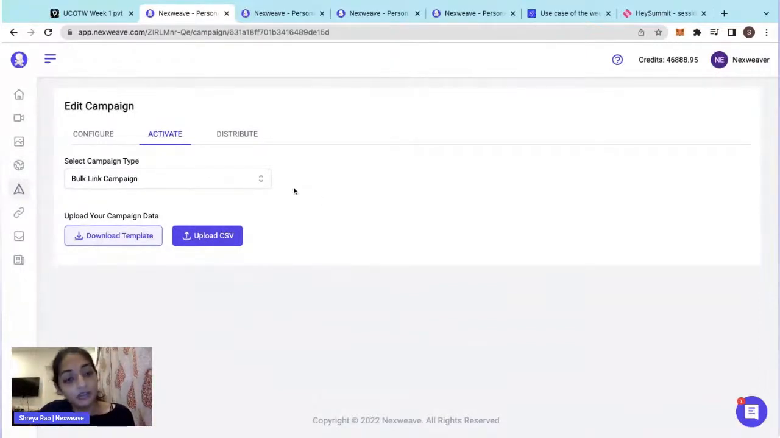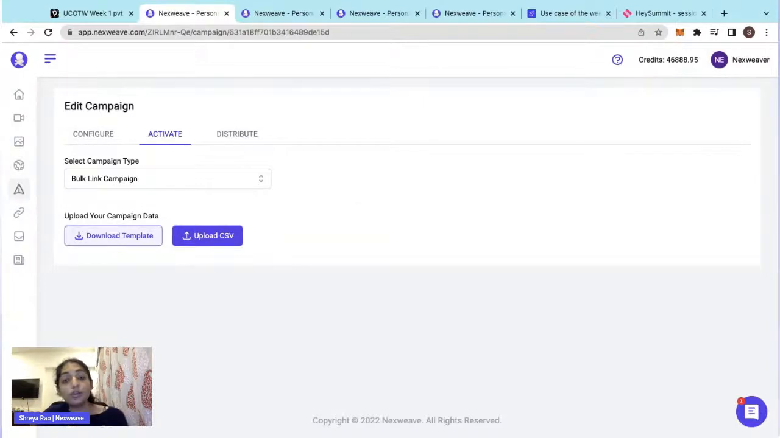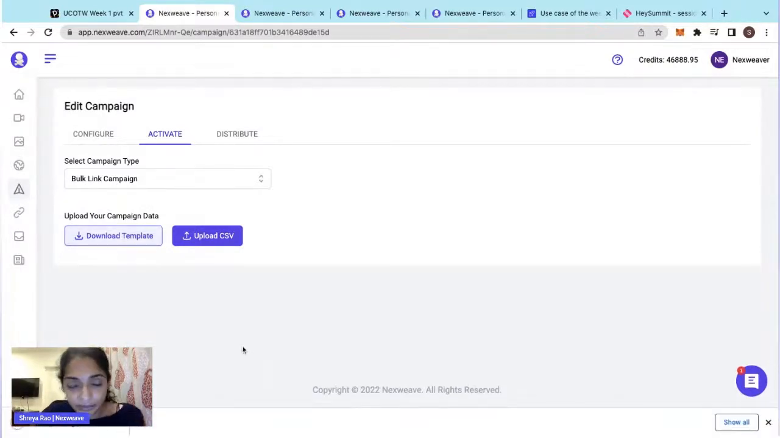Again, you may be familiar with this, but there are two ways to personalize the details on your page. One is through a bulk link campaign and URL override. I'm just going to go through each of these really quickly. In the bulk link campaign, I can download a template. When I do that,